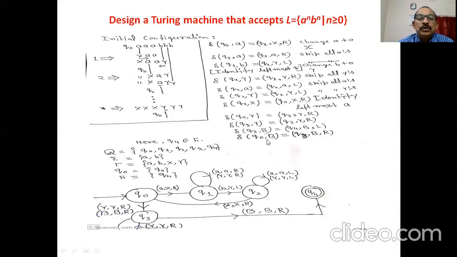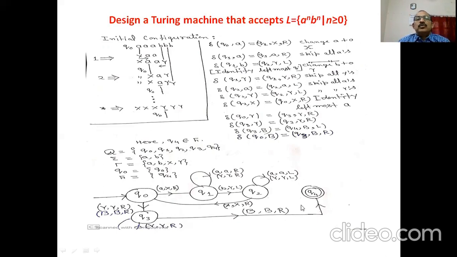Okay, and you know the technique of how to draw a transition diagram. Here you can see the machine always starts from the initial state. When the input word is empty, it directly goes from Q0 to Q3. If Y is encountered, here in this case there is no Y, it directly goes to the Q4 state. Blank is encountered, replace this B by B, and moves in the right direction.